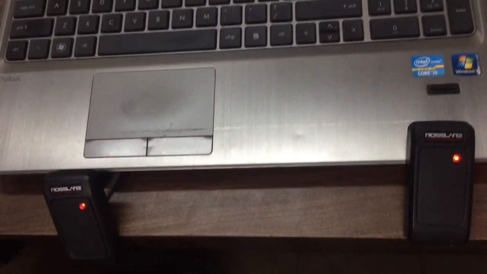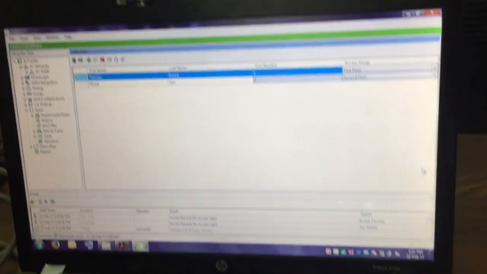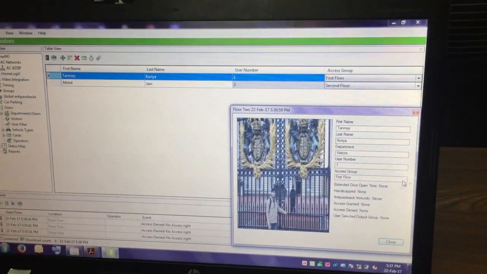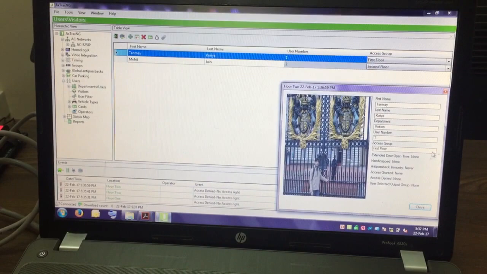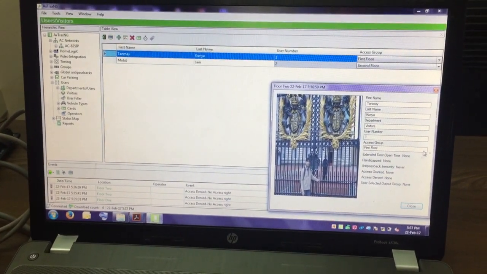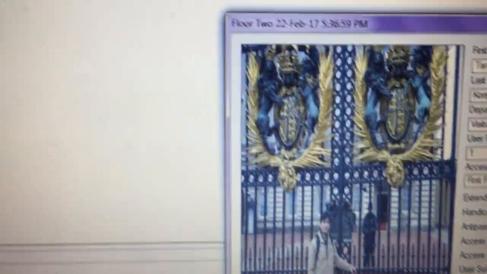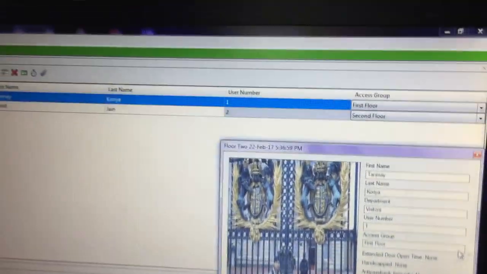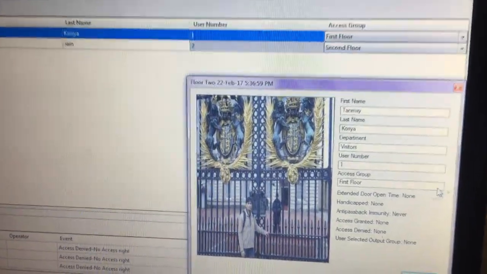In case of unauthorized access, it will deny the access to the users, and a pop-up will be flashed on the readers. Later on, a pop-up will be flashed on the server admin desk so that they can identify unauthorized persons trying to take access to particular doors. It will show the floor at which location the person is trying to get unauthorized access, along with the photograph which was enrolled at the time of registration.